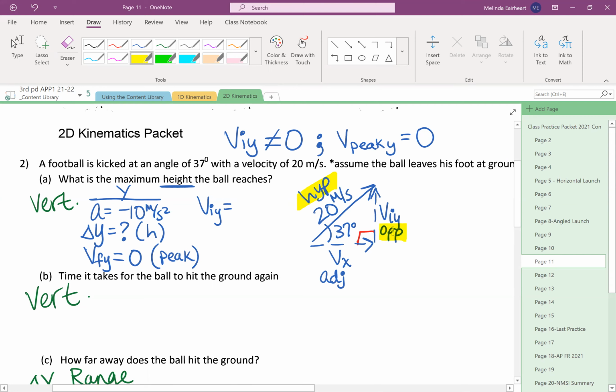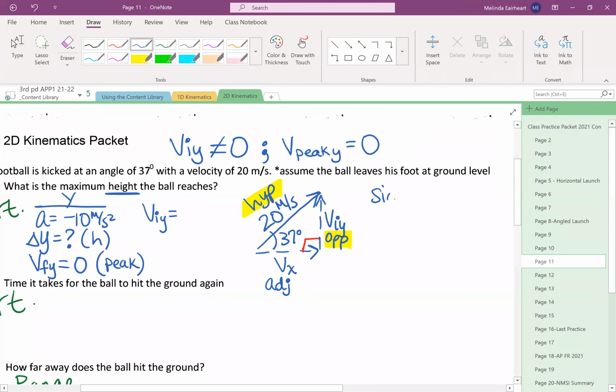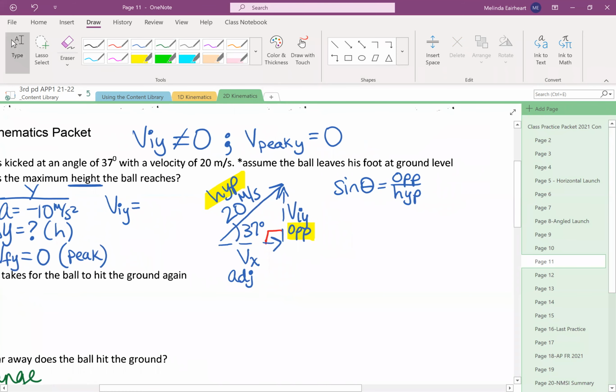Uses hypotenuse and opposite. Sine theta equals, I'm going to write it as opposite over hypotenuse. The formula chart uses like A over C; they define A, B, C. Now, opposite is what we're solving for. This is just an equation, so you can multiply both sides by hypotenuse. It turns out the opposite, or VIY, is equal to the hypotenuse times sine theta, or that launch speed,